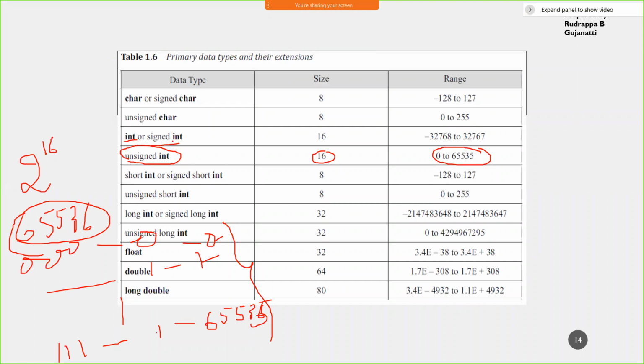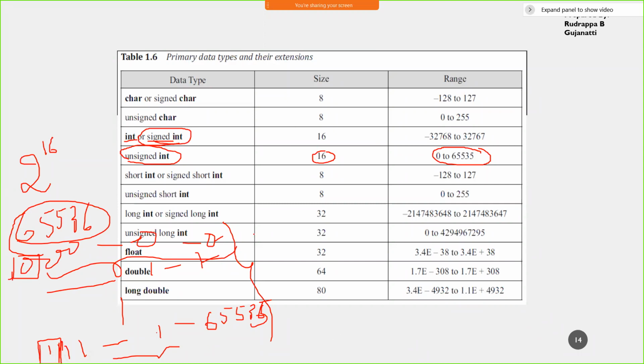But when we come to signed, again the first bit goes for the sign parameter. How many bits are remaining? 15 bits are remaining in this case. So if I go for signed int, then what will be the value?